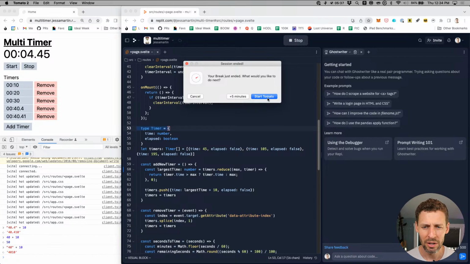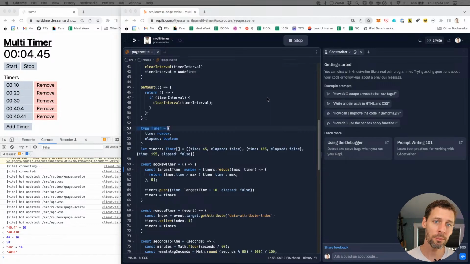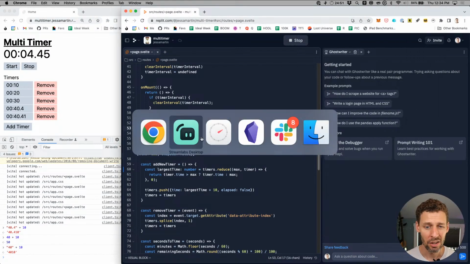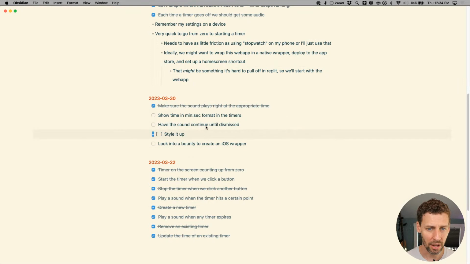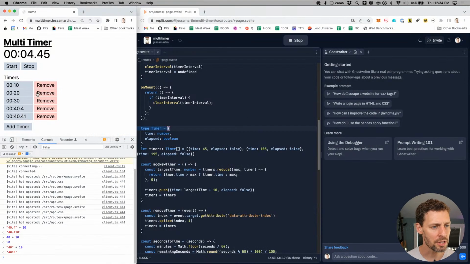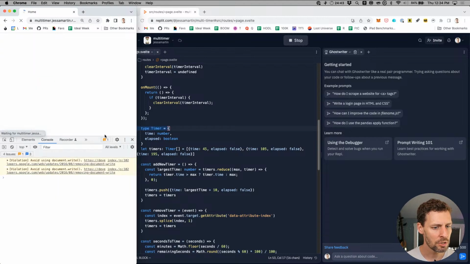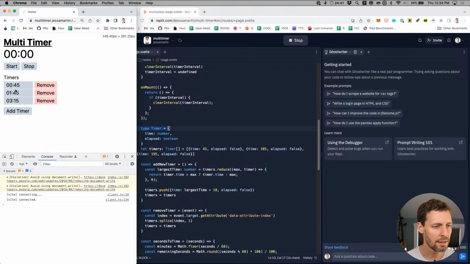All right, so back to work here. Let's see. So start another 25-minute timer. We're now on Pomodoro 2 of 4. So we're about 30 minutes into our 2-hour work block. And so far, having some good success. Things are working well here. We did show the time. So one of the changes we just made was showing the time in minutes and seconds formats here for each one of our timers that are going to go off, which is great.